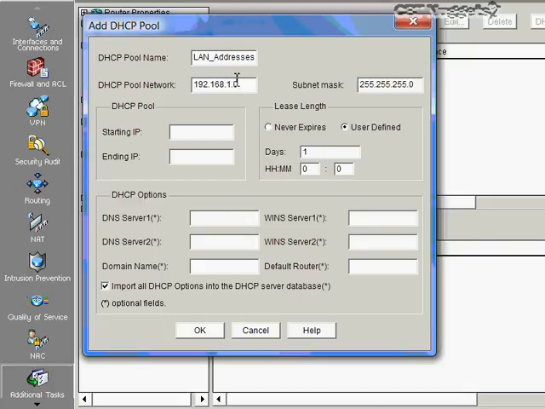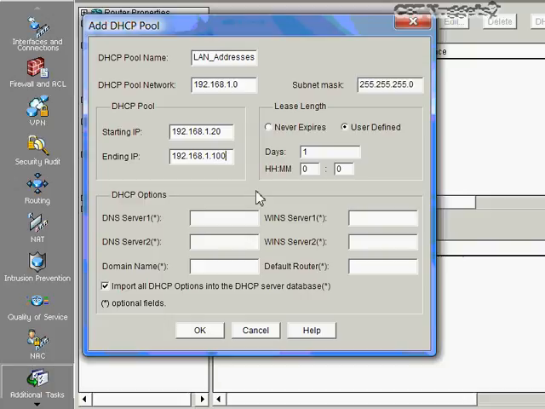Well, no, because when I set up my scope of what I want to hand out, I usually start from 192.168.1.20 or 30, because 1 through 10 or 1 through 20, I usually use for my servers, meaning the devices that have static addresses or ones I manually assign on my network. I don't want to hand those out in a rotating range. I never expect my LAN to grow above 80 devices, so I'll go all the way up to